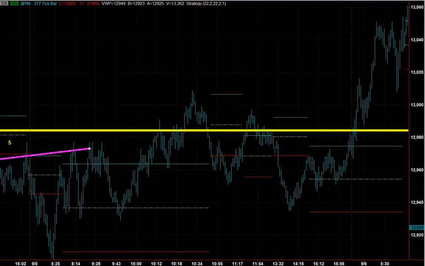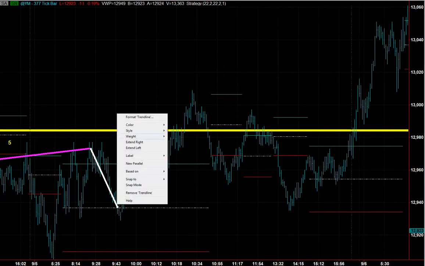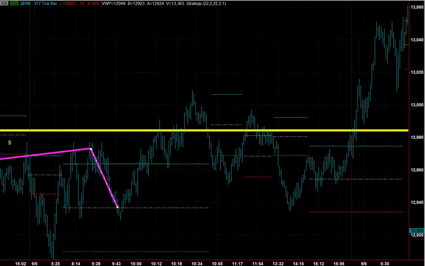So see, it looks a little choppy. We'll get stopped out there to the midpoint, and then we'll go long again at the higher high, which I think is this one. Get stopped out, reversed,